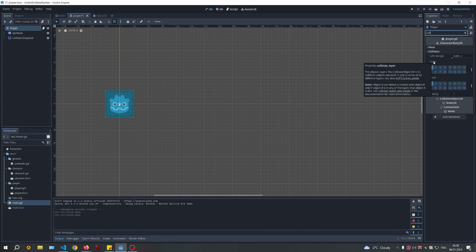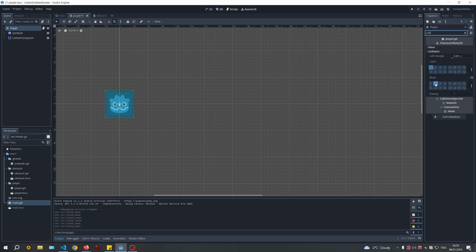And while being on a layer, and you can be on multiple layers, you will collide with entities being on the specified mask in here. And what's the mask? While the player is on layer 1, then for other bodies, entities or whatever, it counts as being on mask 1. So now if I turn off mask 1 here and turn on mask 2,